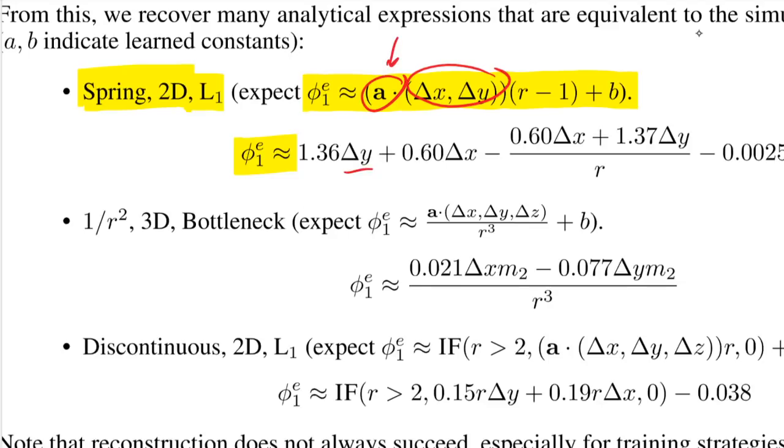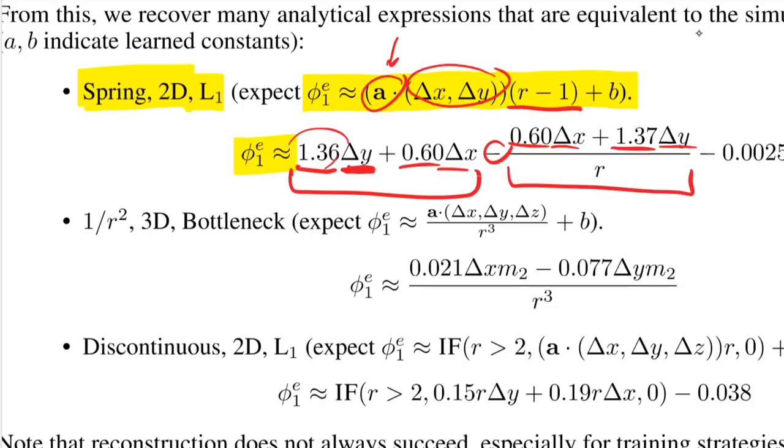And you can see that there is this form of product with numerical constants. What you can also see, for example here, the delta y is 1.36 and 1.37. That's the same number, and here it's 0.6, 0.6. But here you see, for example, r minus 1, and here it's something like this minus something divided by r. Doesn't seem the same, but again, due to the